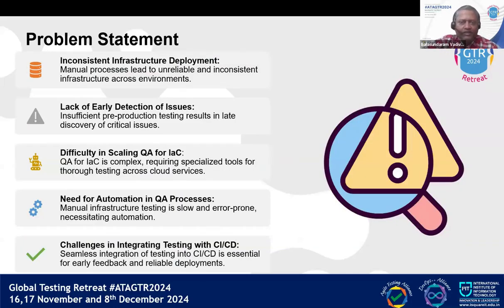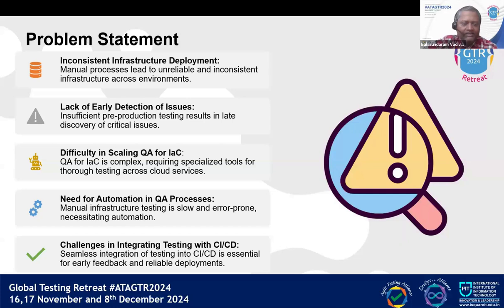So next, we will see what are the different problems we will have. The first problem here is inconsistent infrastructure and deployment. Infra environment can be a major pain point. That means the infrastructure and the environment will be inconsistent between the development, production, and staging environments. In the past, we deployed the infrastructure manually. Because of that, we found a lot of issues and defects. To replace that, the cloud comes up with the IaC automated template, which automatically deploys the infrastructure on the cloud.